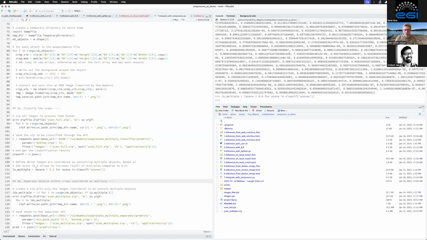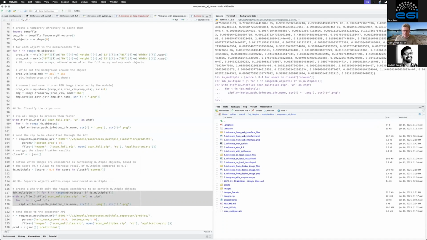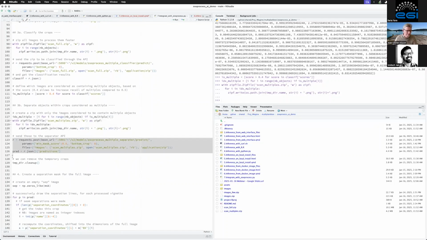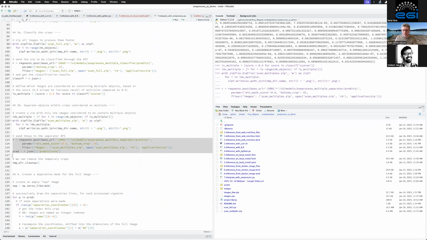I can detect the ones that are multiples. In that case, I say everything that is above 40% chance of being a multiple, let's call it a multiple, okay? I create a new zip file with these objects. I think there's 400 objects that are potentially multiples. Then I'm running these 400 objects through the